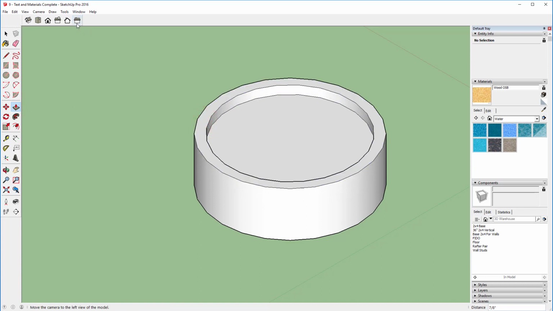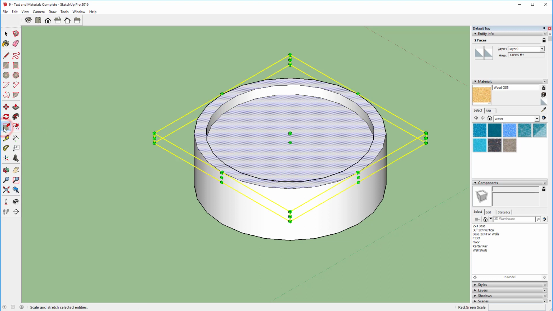And now that we have that done, we have a basic cylinder drawn with a surface that we can make water, but let's just go ahead and give it a little bit of taper. To do that, I'm going to select this inside face and this top face, and now I'm going to select the scale tool. When I do that, I get this bounding box with all these different bright green grips,